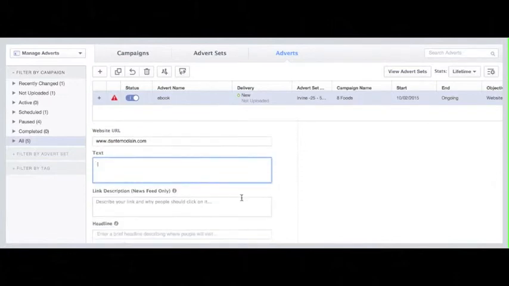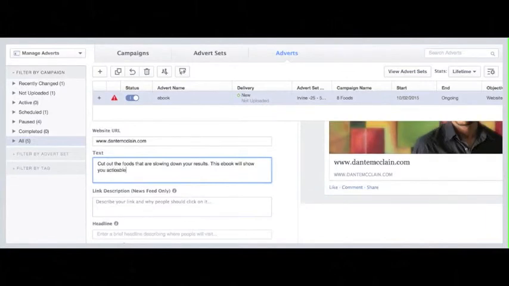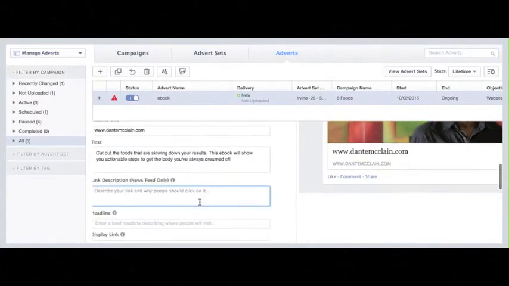So we're selling an ebook based on fat loss, so we can go something like, cut out the foods that are slowing down your results. This ebook will show you actionable steps to get the body you've always dreamed of. Let's put some excitement on there, some stank. Okay, so